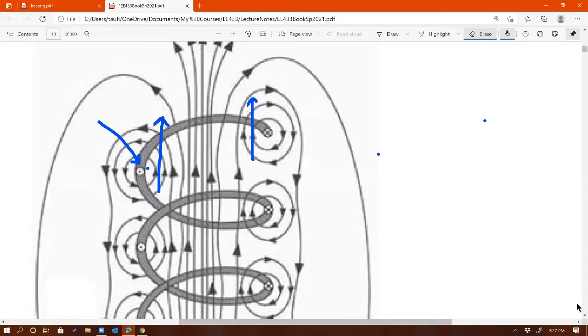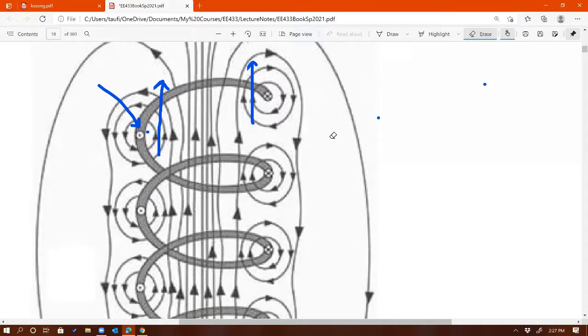Isn't that cool? So now you see a coil differently after seeing this picture. In effect, this is mimicking a permanent magnet, pretty much. If I draw a permanent magnet,